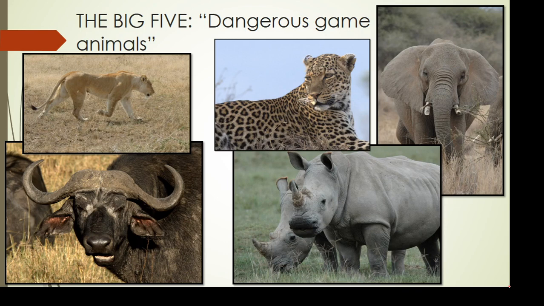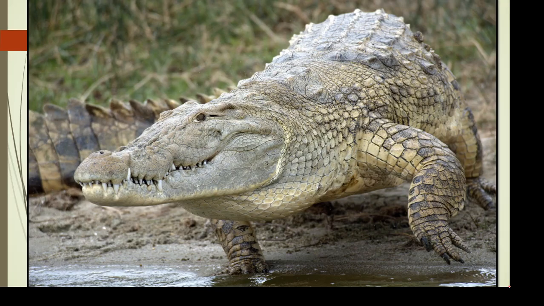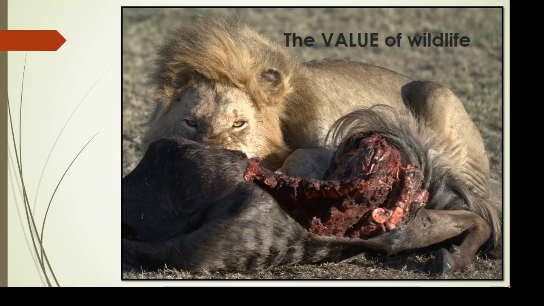And I do also want to point out that the Big Five doesn't include all kinds of other dangerous things. Hippos, for example, or the Nile crocodile here. I love this picture. He's just side-eyeing me right there, and it looks like he's in motion. You know, he's got that leg up, and you can see all those teeth. There's all kinds of great stuff that you can see besides just the Big Five.